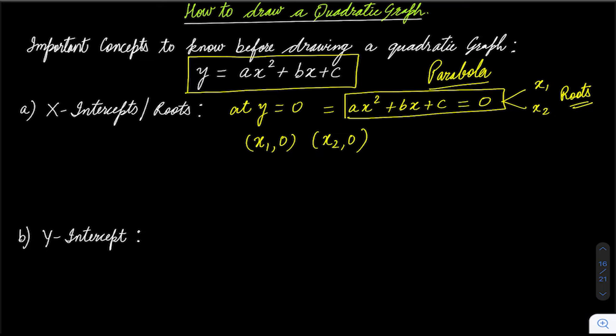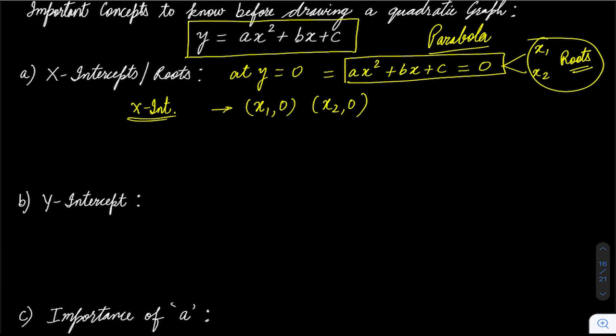So whatever the roots are, if those roots are real, of course. If those roots are not real, then we will not talk about it. Anyways, what you have to do is substitute y as 0, you will get some x values, and which will give you the x-intercepts. So these are my x-intercepts. Whenever a quadratic is given, you must first find these. And we know these are the roots. This you already know.